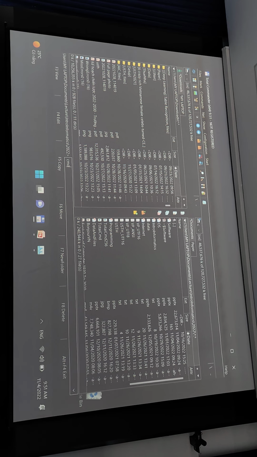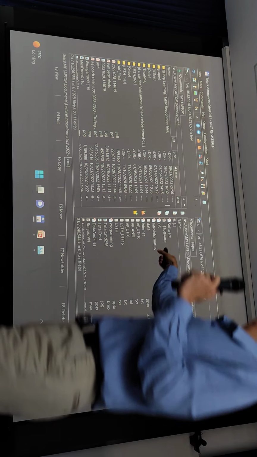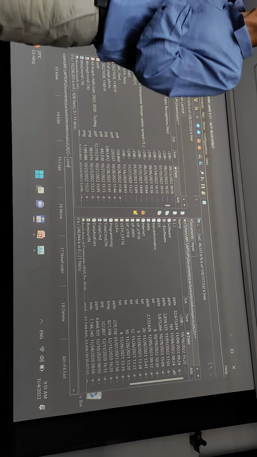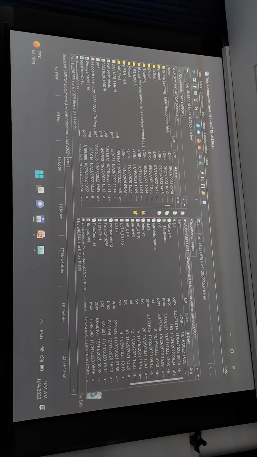Yes. CMD is a shortened name of command, right? And what happens if I push the enter button after I type CMD here? Raise your hand if you want to share your knowledge.